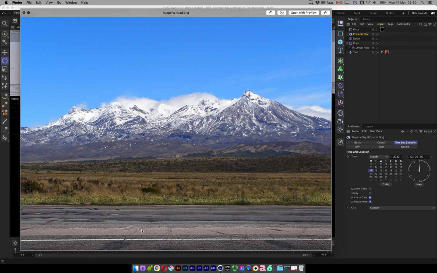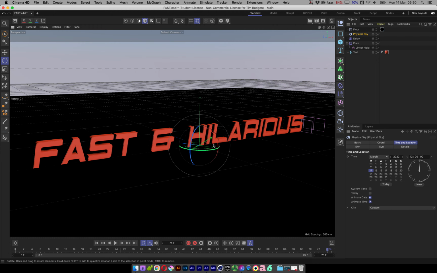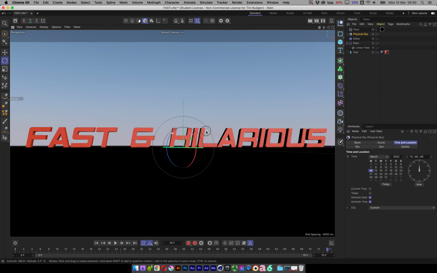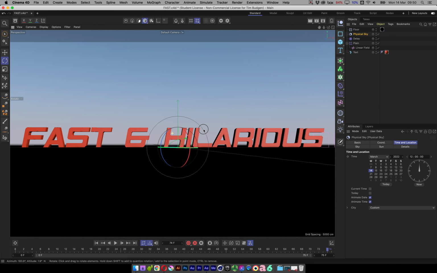There's not really any perspective on the road, so to get my text to sit and match with this road, I want to be looking pretty much front on at my text. So what I'm going to do is just tumble my view around, get my text centered in my view here, get it pretty much straight,